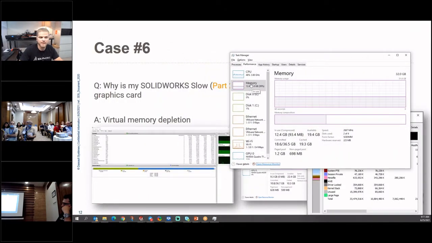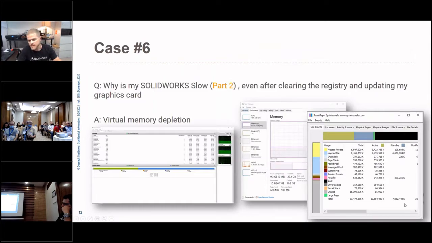And a lot of times in tech support, a customer will call in and say, no, I'm fine. I have a lot of free RAM left. I have a lot of free memory. Well, this chart, this little picture, doesn't tell the full story. You need to take a closer look at how your machine is performing in terms of standby. So for me, I'm almost completely out of RAM, and I might now start seeing crashes in SolidWorks.